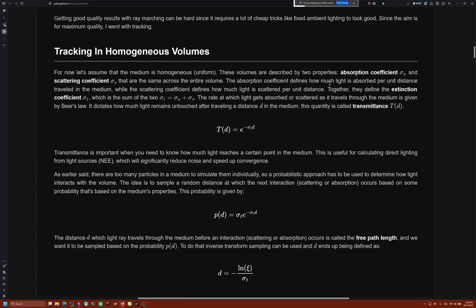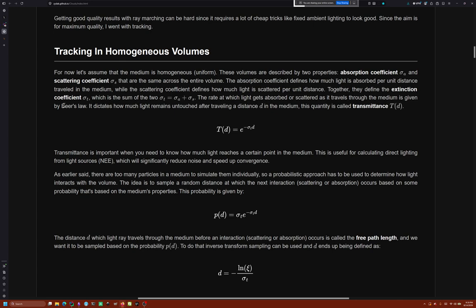The absorption coefficient defines how much light is absorbed per unit distance traveled in the medium, and the scattering coefficient determines how much light is scattered per unit distance. Together they define the extinction coefficient, sigma t, which is the sum. This is the rate at which the light gets absorbed or scattered as it travels through the medium,